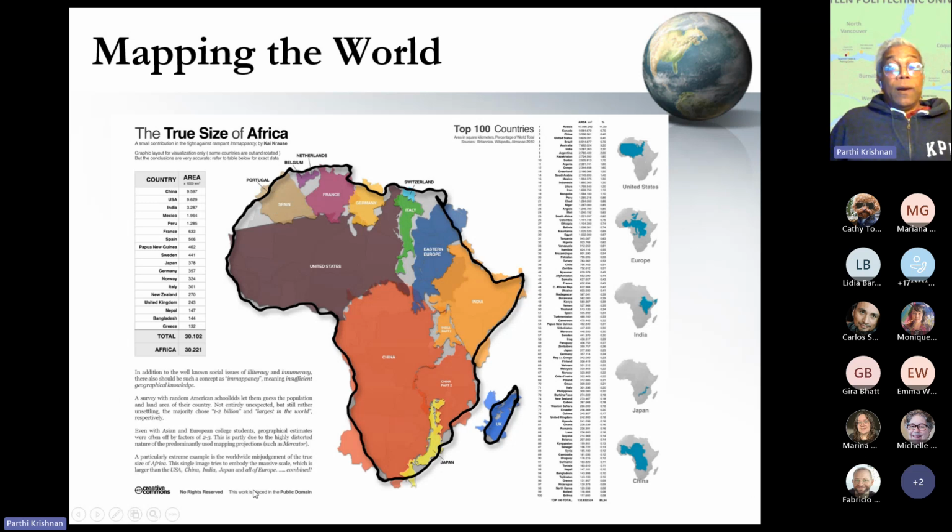Right? So the next time you see a map of the world, just be aware that Africa is in fact a very large continent. It only looks small because it is located near the equator, and hence locations further away from the equator tend to be stretched to make them look bigger.